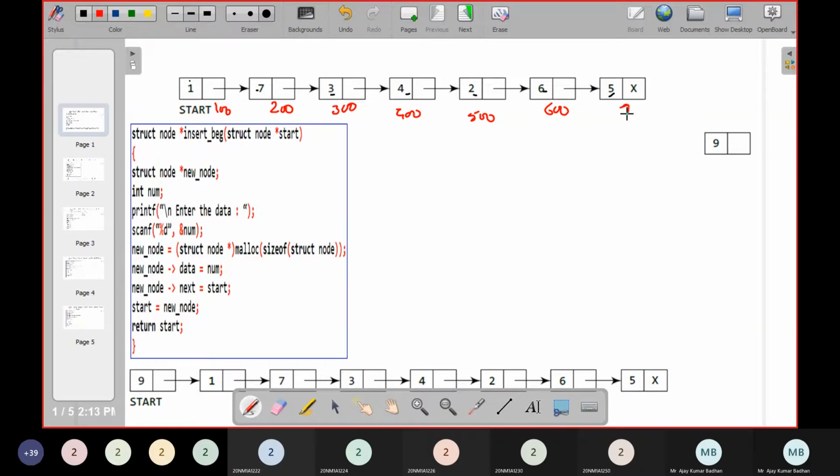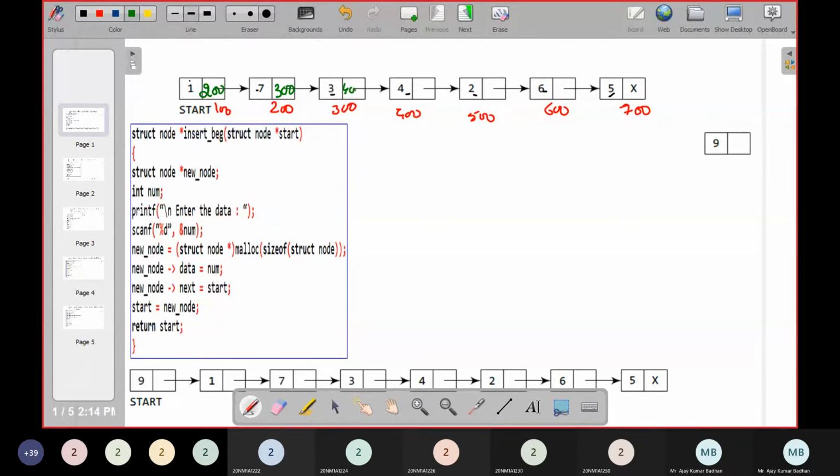So here I have 700. You know what values will be present here. The next will consist of 200. 200 is present here, and only then a chain will be formed with this particular node. The address of this particular node is 200, and that should be placed here. The address we are going to get here is 300, so it will have a chain with this particular location.